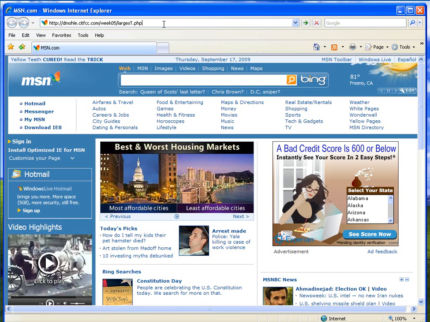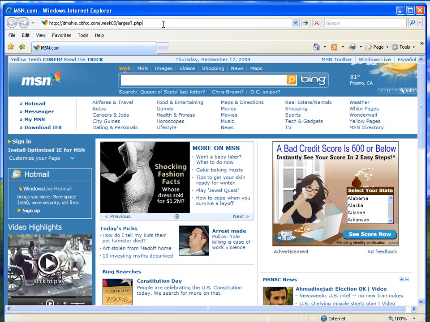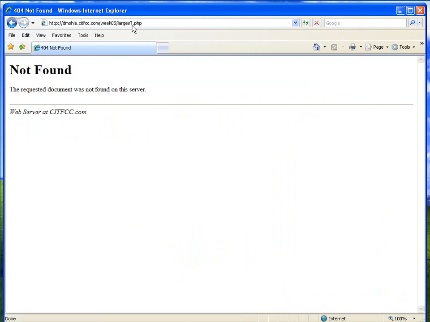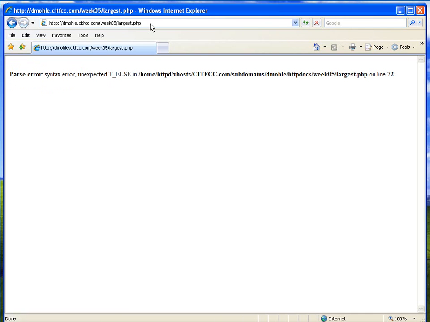Rio has found space for us on an Apache server, and Apache is case sensitive. It's not like DOS. It will not find this. When I press enter, it's going to give me a 404 file not found error. There you go, because this is an uppercase T. The file that's on my server is lowercase l, lowercase a, etc., lowercase t. Now this will work. Oh, and now I get an error. So I need to go back and debug this